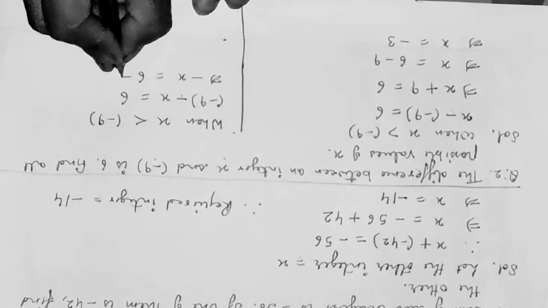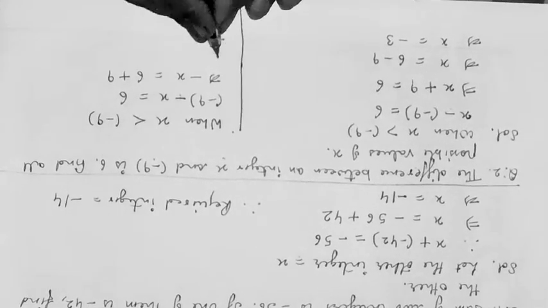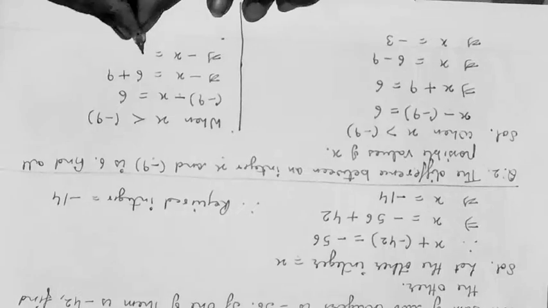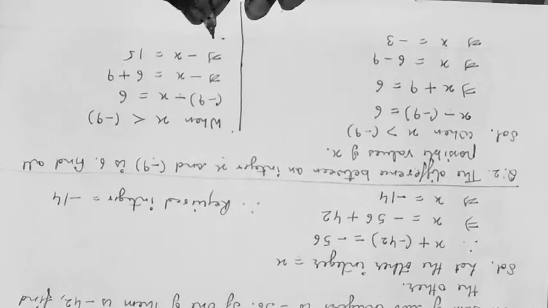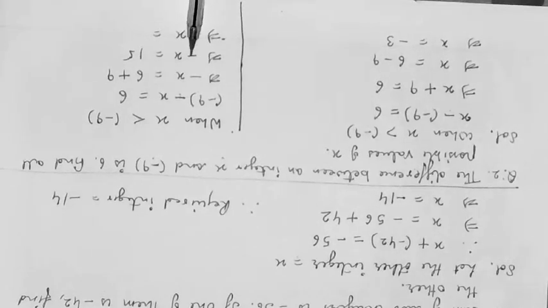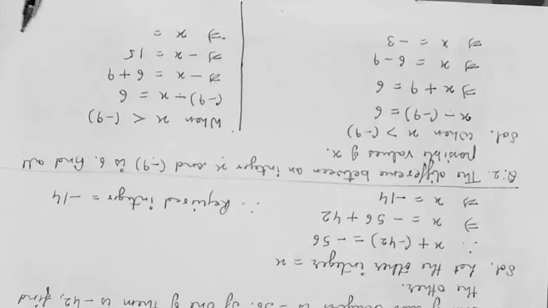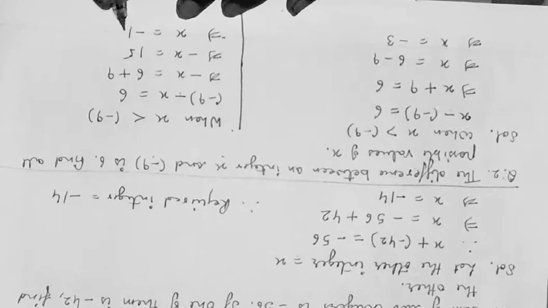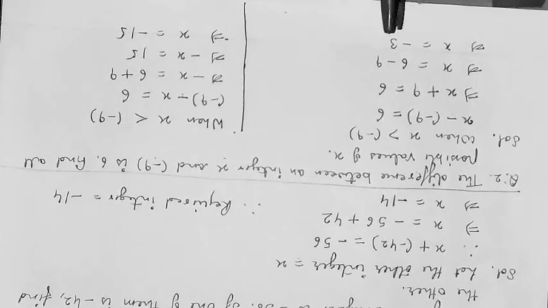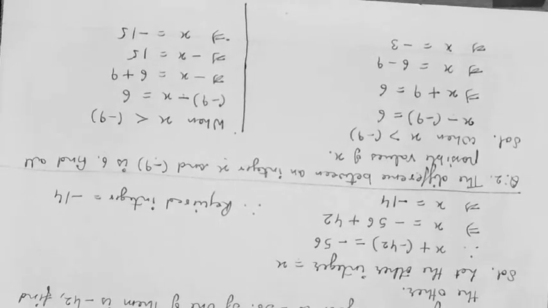-9 goes to the right hand side, it becomes +9. So minus x is equal to, both numbers are positive, so we will add the numbers. 9 plus 6, answer is 15. To find the value of x, I will take this negative sign to the right hand side because I want to find the value of x and not minus x. So I will take this minus sign to the right hand side. So the value becomes -15. So we have two possible values of x, -3 and -15.